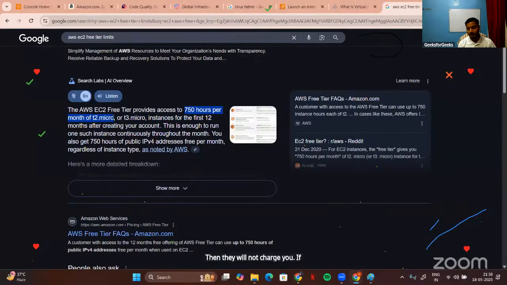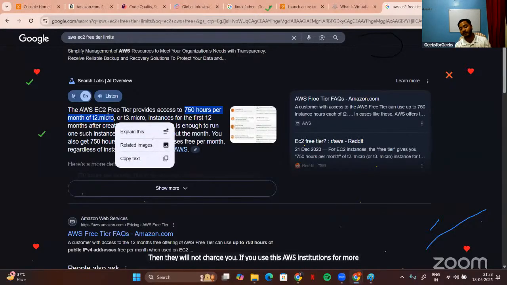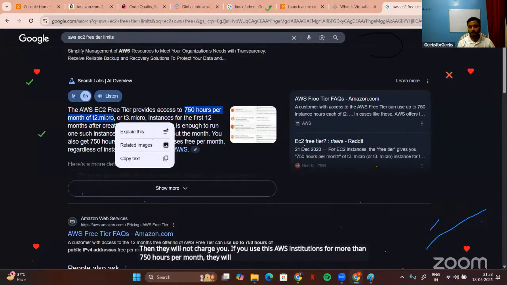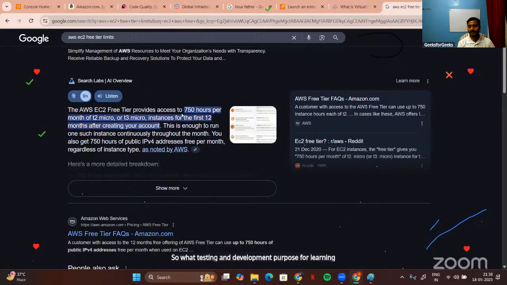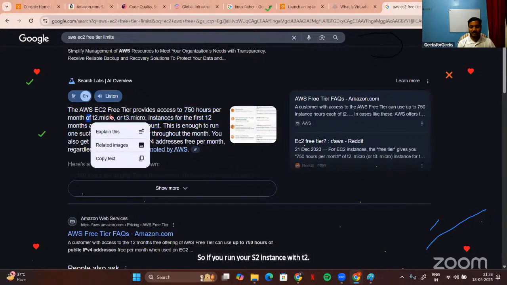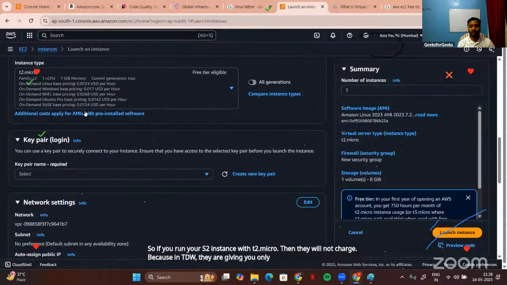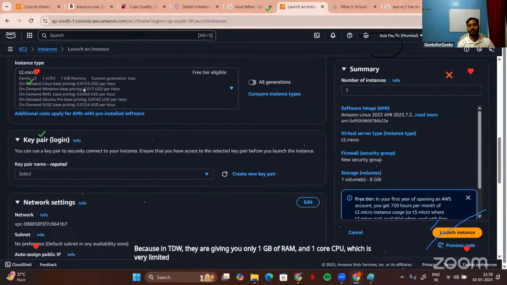If you use this AWS EC2 instance for more than 750 hours per month, they will start charging. So for testing, development, and learning purposes, 750 hours is enough. If you run your EC2 instance with T2.micro, then they will not charge, because in T2.micro they are giving you only 1 GB of RAM and 1 core CPU, which is very limited,